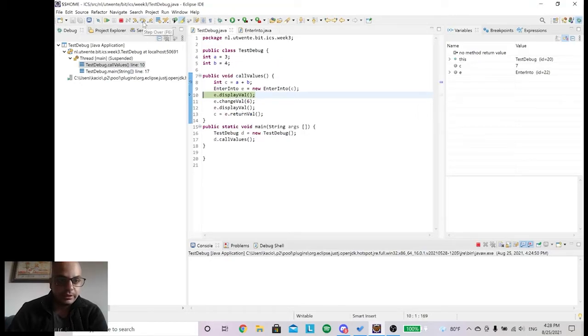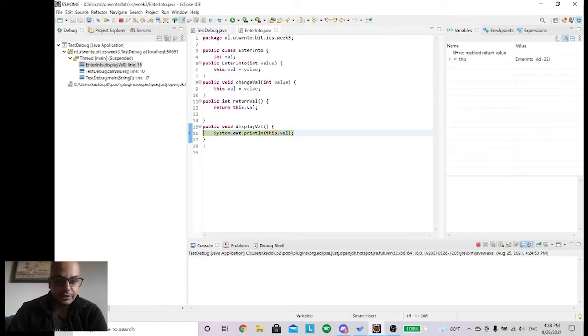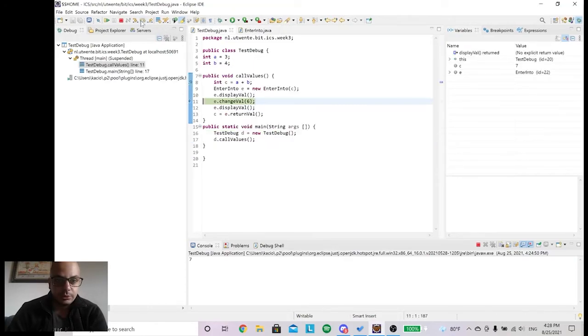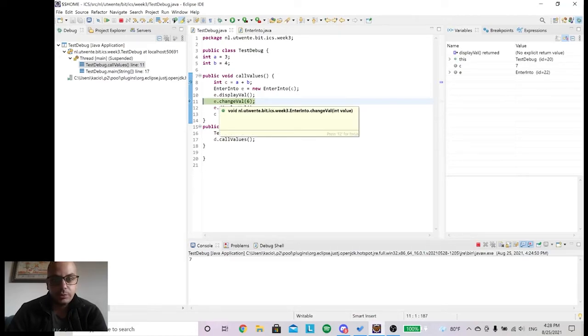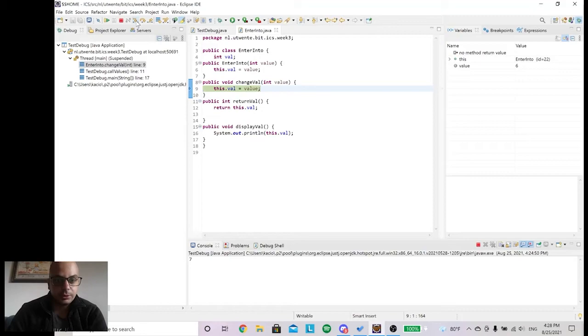Something we can also do, because we are calling something again, we can again step into, and in that case it goes to the display val method, and if I step over, I'm going to exit it. Now I'm entering the change val method, to which I'm passing the value 6. This is the value I want to display now. So again I'm going to step into, and I'm inside.